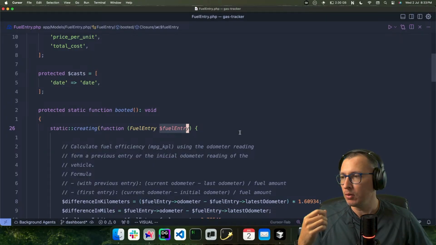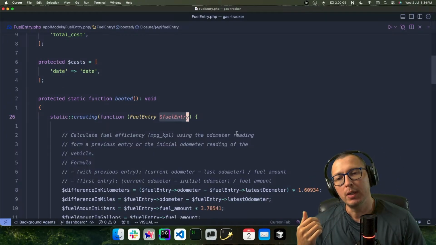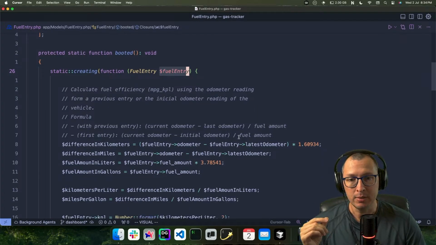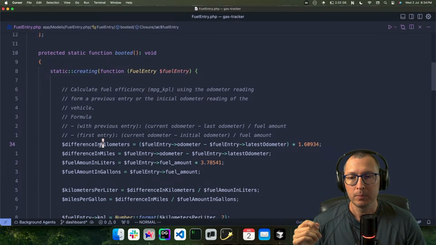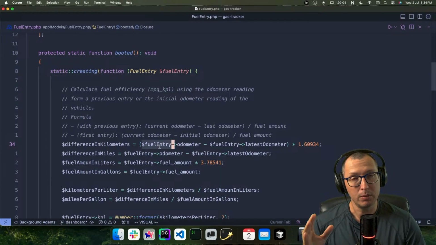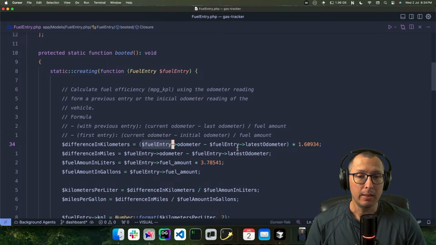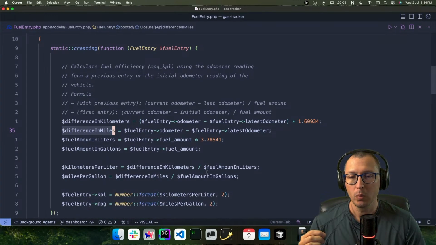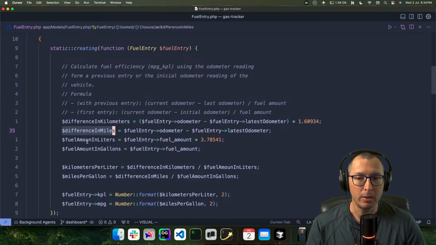So before it's persisted, we can make calculations and modifications to the data in that model. In this case, we are taking the difference in miles and in kilometers between the current odometer of the record that is about to be saved and the last odometer. When it's in kilometers, we need to make the conversion from miles to kilometers, and we also get it in miles. We also make the conversion of the fuel amount